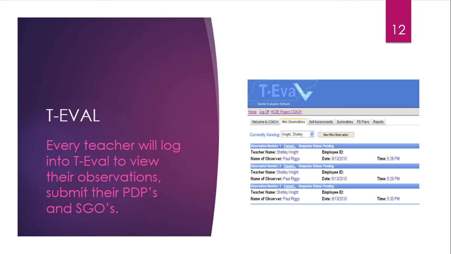You'll do a self-assessment at the beginning of the year, the middle of the year, and then we'll look together at your summative assessment to see if there's been growth throughout the year, or maybe you set your bar low for yourself, but you've actually achieved a higher score. Your professional development plans will be in here, as well as your SGOs.